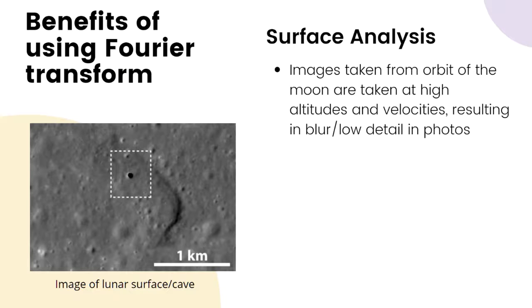Regarding benefits of using Fourier transform, one area of interest is in surface analysis. Typically, images taken by probes in lunar orbit are blurry and low in detail when enlarged for analysis. In the image shown, which was taken by the Japan Aerospace Exploration Agency, when the image has been enlarged to this scale, not many surface features can be seen, and many might be lost due to the low resolution. This is usable for manual processing, but autonomous operations will not be able to discern, and many of these small